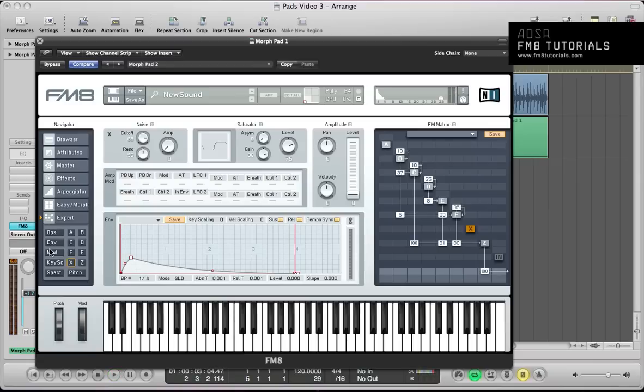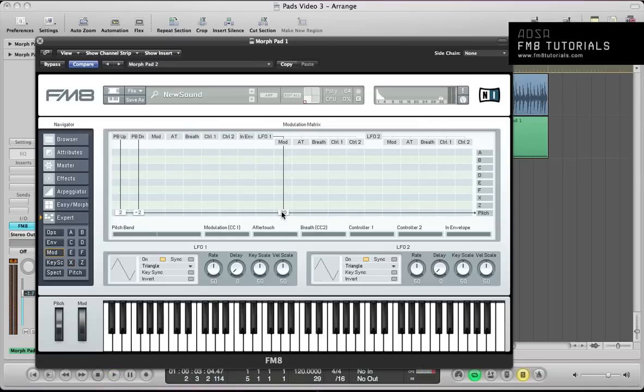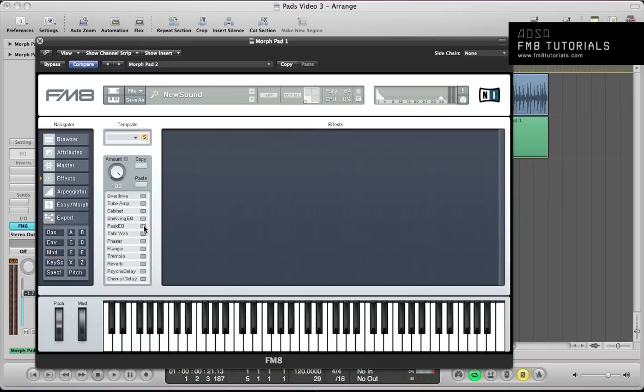So next up we can set some modulation. By default in FM8 the vibrato effect is routed via the mod wheel, but I just wanted a bit of constant vibrato on the sound, so send this LFO 1 straight to the pitch at 11. You can keep this LFO setting down here the same, and just add in a bit of vibrato to the sound. So next thing to do is add some effects and Peak EQ,